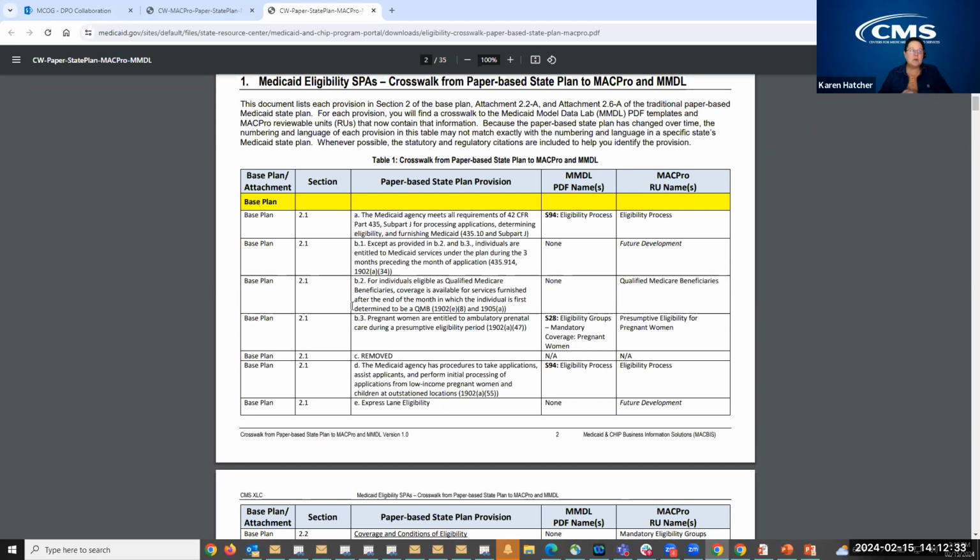I can share with you that qualified Medicare beneficiaries are located several places throughout this crosswalk page. And what we do is we go to those MacPro units and go to every place where qualified beneficiaries are under the MacPro RU name. And we do the back step and we look for the section and the subsection and redact that off of the state plan. Now, how the states choose to do that, we leave that up to you because you are in the best position to know how your state can handle this process.